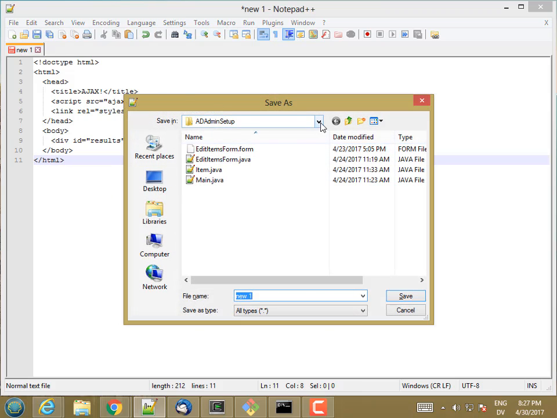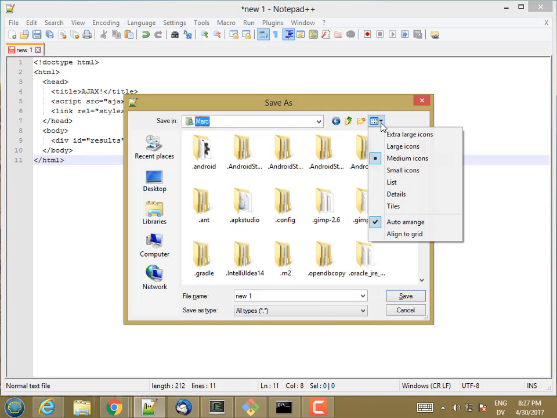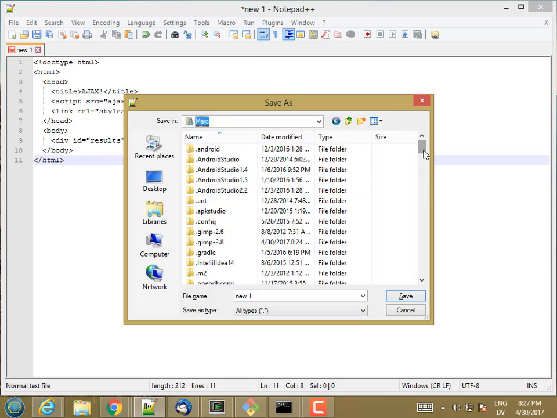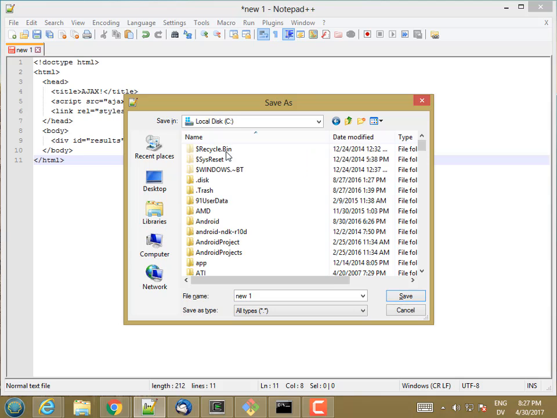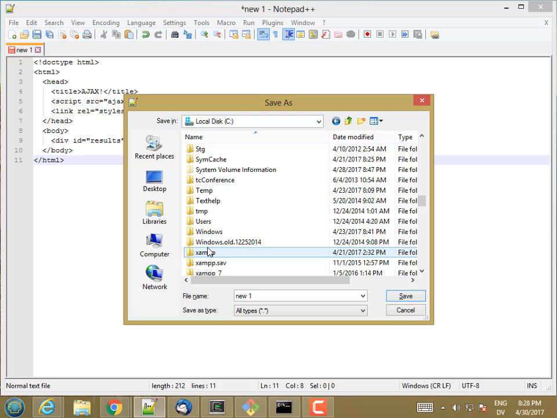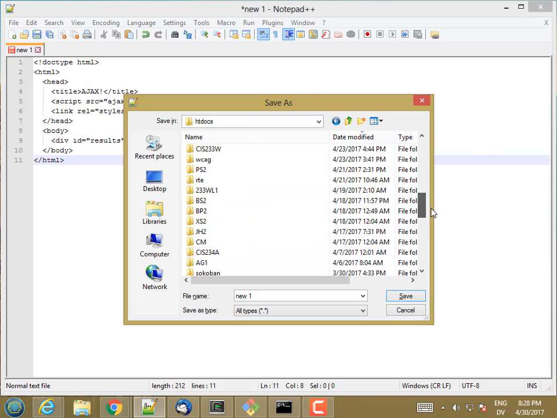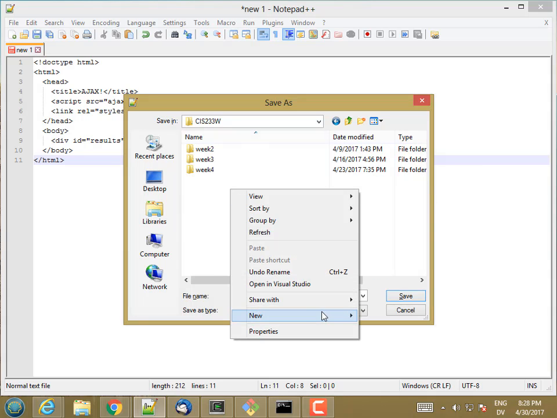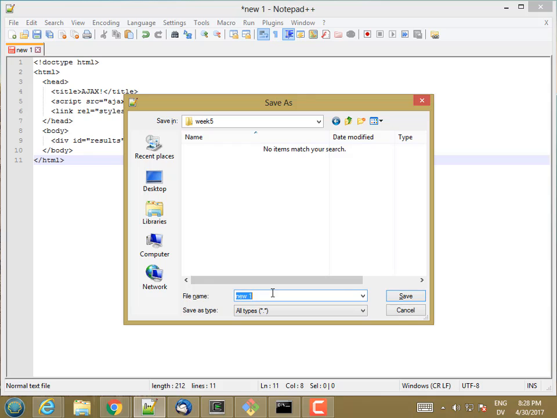So in my XAMPP folder, let's view this as details, and I'm going to go to C, XAMPP, htdocs, and let me go to 233W, right click, new folder, week 5, and I'm going to save this as